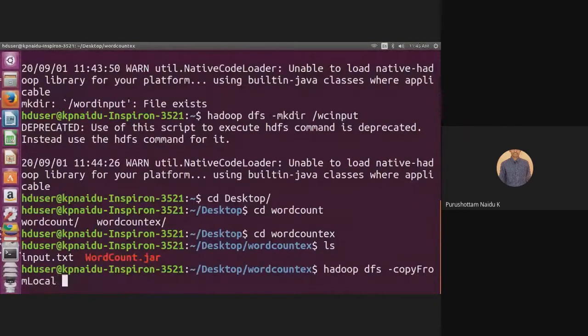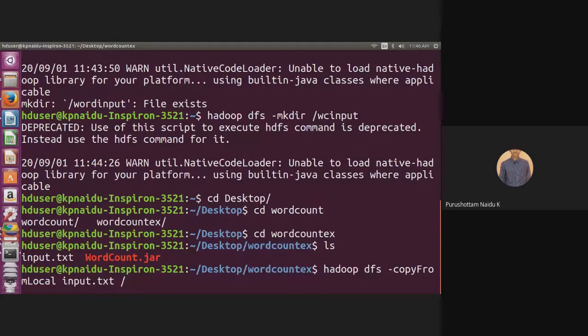What I want to copy is input.txt, from our local file system into HDFS, into the directory WC input.